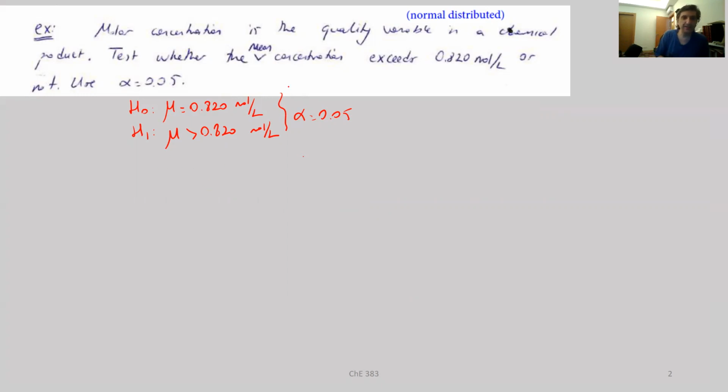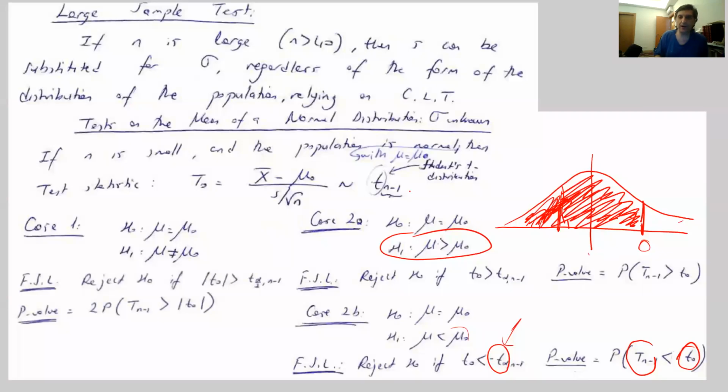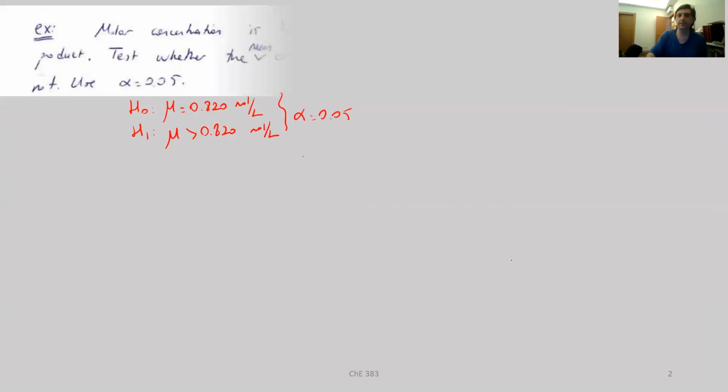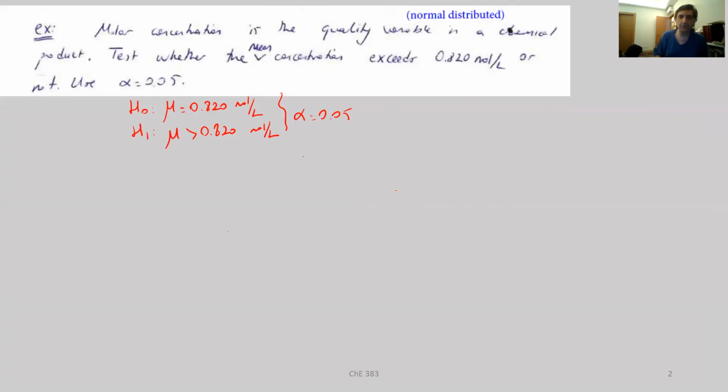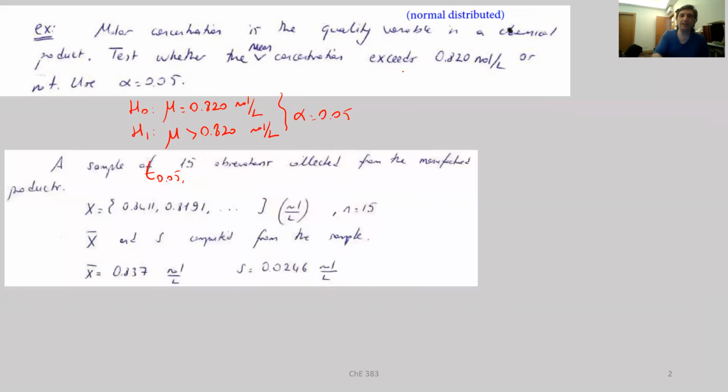Now, since this is a one-sided test, if we go back, for a one-sided test we would like to do this comparison, and the compared value is going to be the upper critical value, t alpha, n minus 1. Now here is the important thing, as I said earlier, although we haven't taken the samples yet, we have to determine the sample size. So let me also give that information. We are going to use a sample of 15 observations.